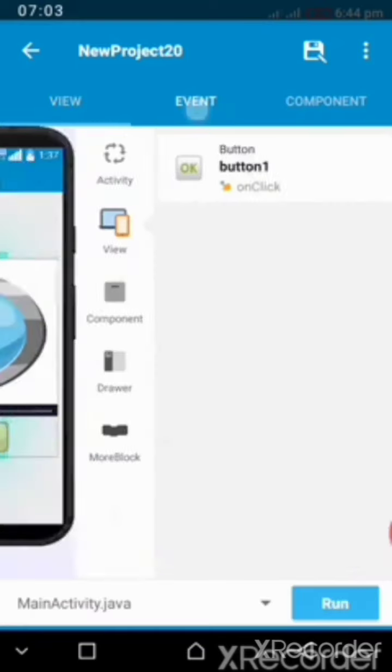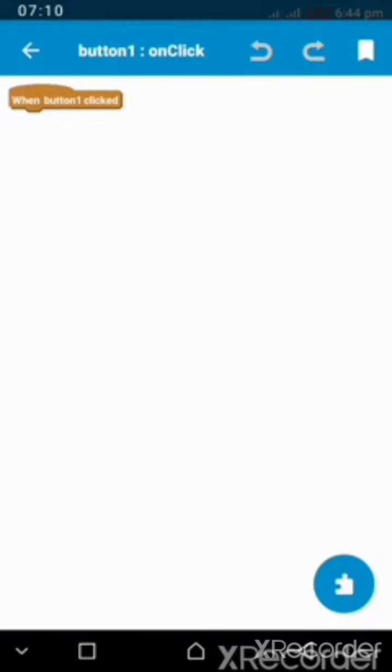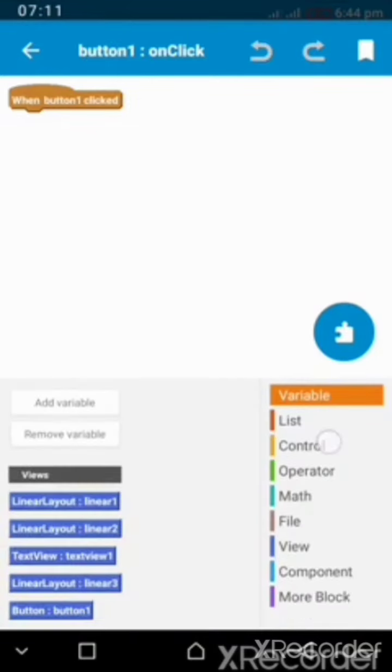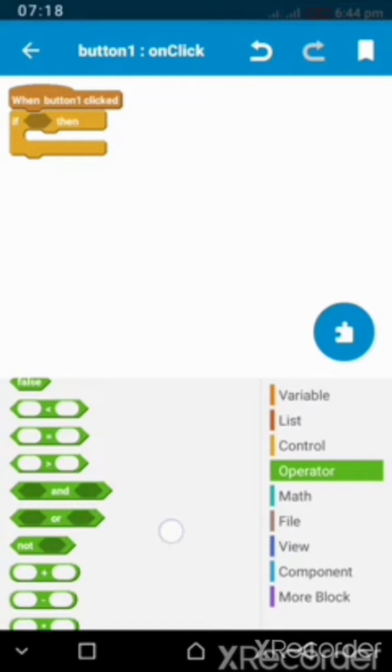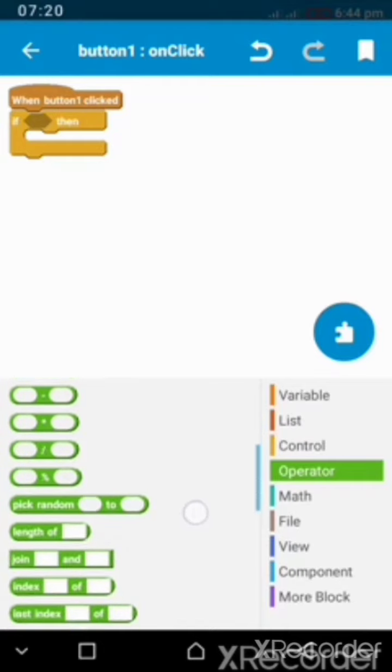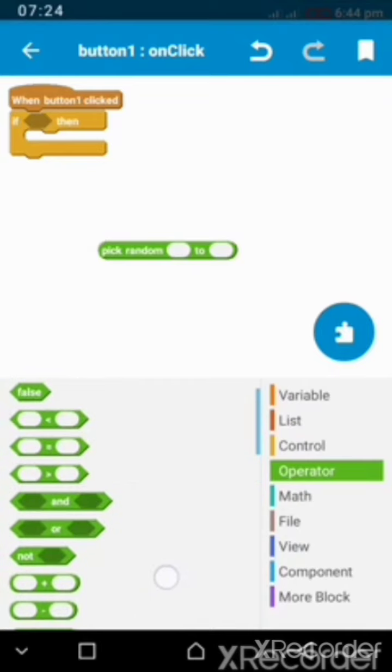So you click here. Click there. Then when you click on the button 1, what will happen? You use your if then block. Then the system is going to pick a random number. Pick random number. Okay. Then equals to,